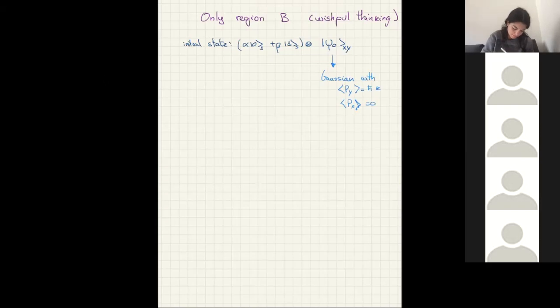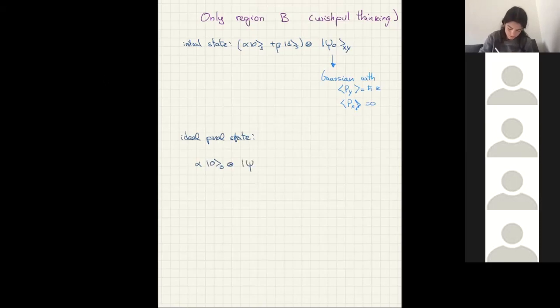And the ideal final state would be to have something like this, like alpha 0 on s tensor